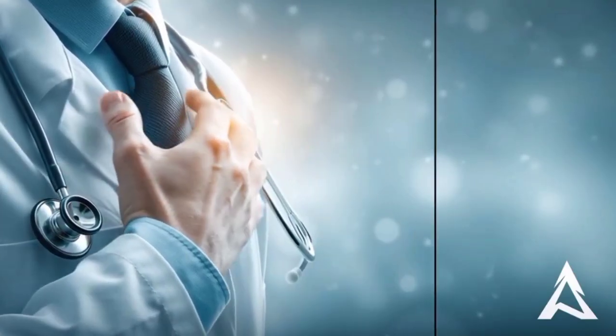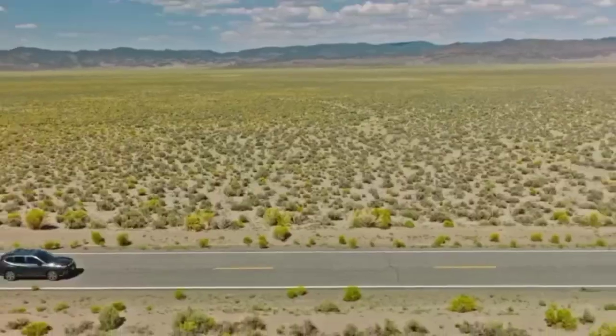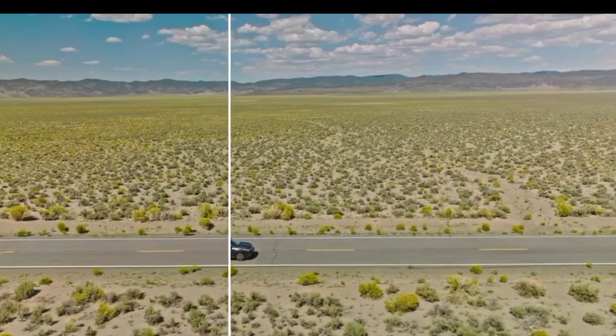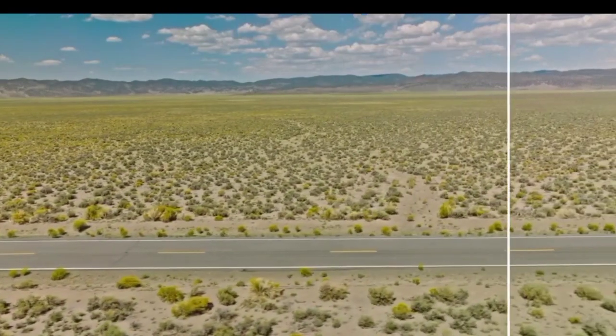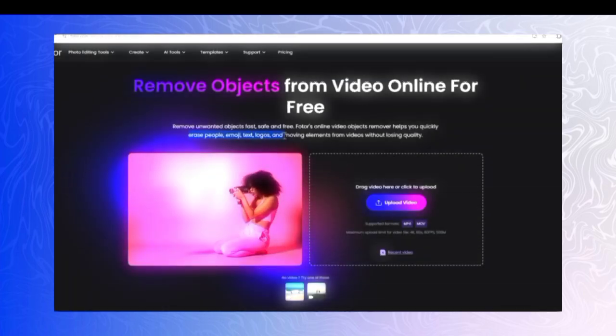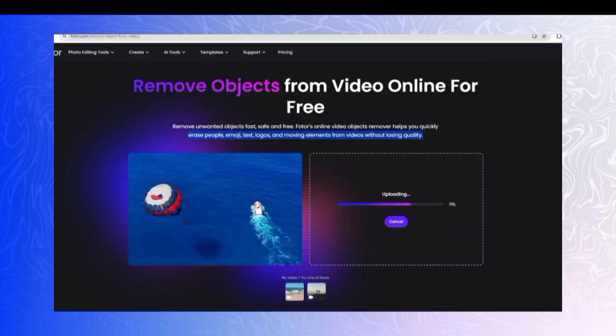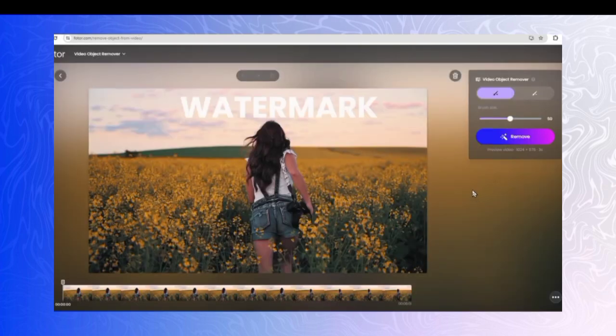Want to remove logos, watermarks, or unwanted objects from your videos in just a few seconds? No complicated software, no editing skills, just pure AI magic. In this video, I'll show you step by step how to do it for free using an amazing AI tool called Fotor.com. So, stay tuned till the end because the last step is super important if you want your video